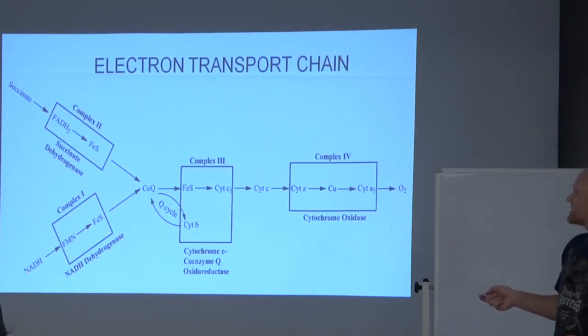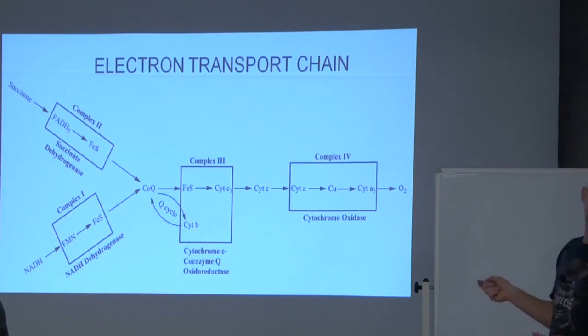Notice NADH hands them off. That means NADH handing them off is getting oxidized. And at the same time, then FMN would be getting reduced. But then when FMN hands them off to the iron sulfur center, FMN's getting oxidized. And FES, the iron sulfur centers, are getting reduced, and so on and so forth. And so it's kind of the same thing, but it's a little easier to memorize the order of steps if